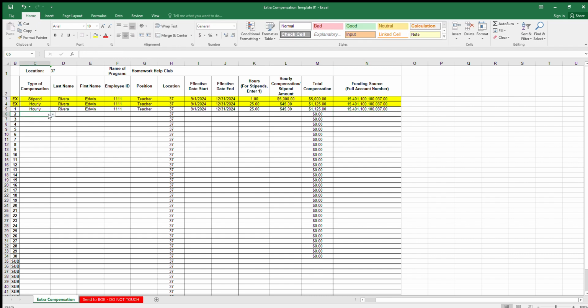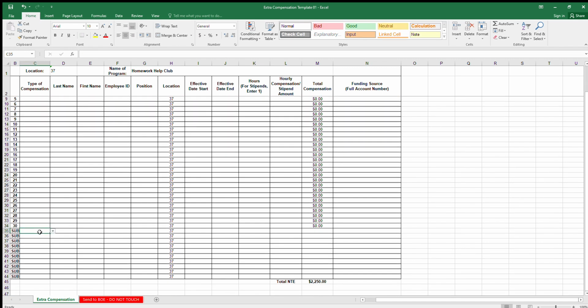I'm going to put another person. I'm going to put myself, as a teacher, and again the same dates apply. 12/31/2024, and I'm going to also give myself 25 hours, $45, and then again you see the auto population. 401.100.100.37.20. Okay, so I want to have a sub just in case, and again we're going to put hourly, and